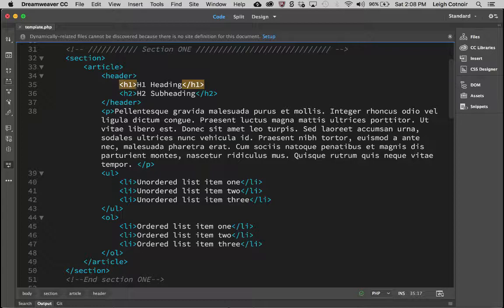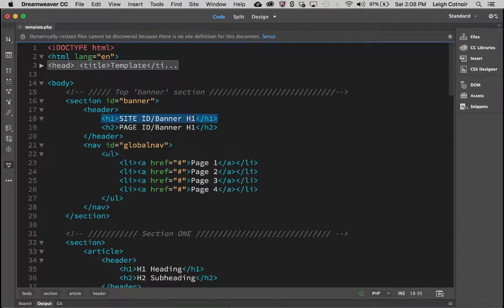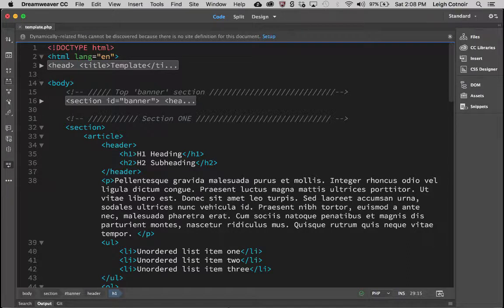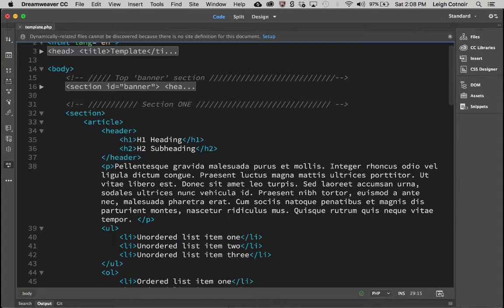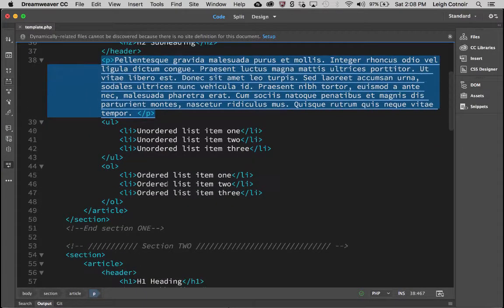If the idea of multiple H1s really bothers you, you could go through and make these articles H2s and H3s, because up here we have our main H1. It's kind of up to you, but the way that I've got it is that every article's header has an H1 and H2. So anyway, that's just the way it goes. So you'll see that there's a paragraph. We'll figure out how to style paragraphs. You've got